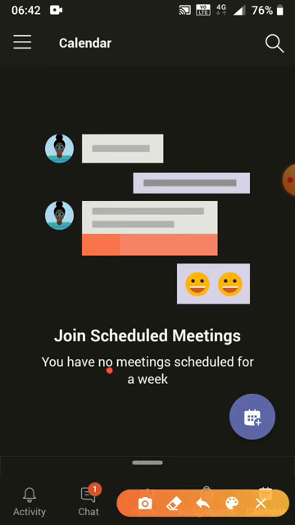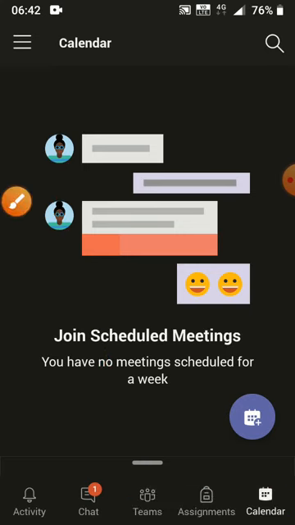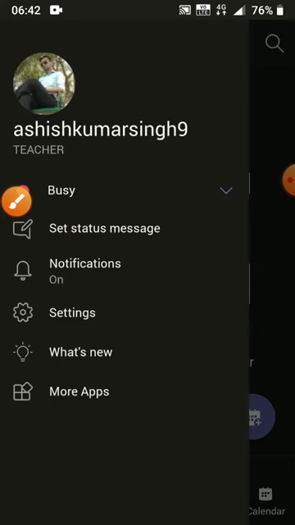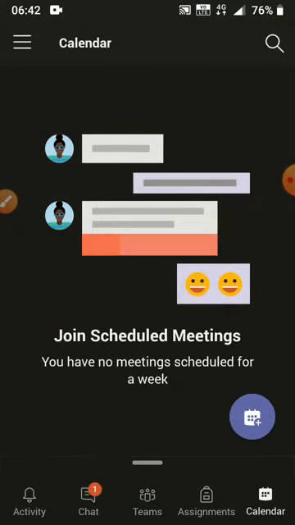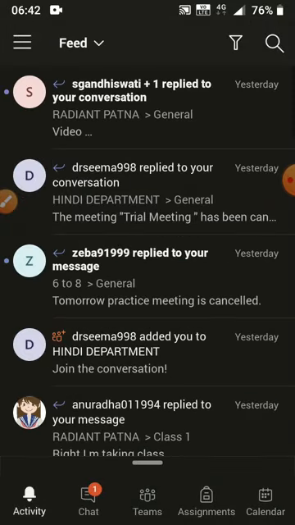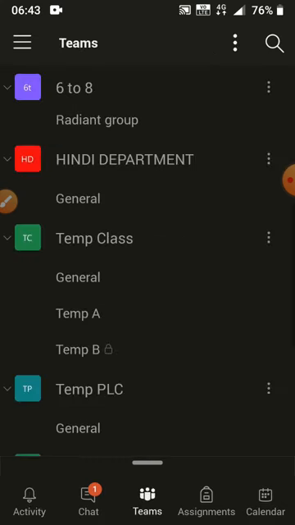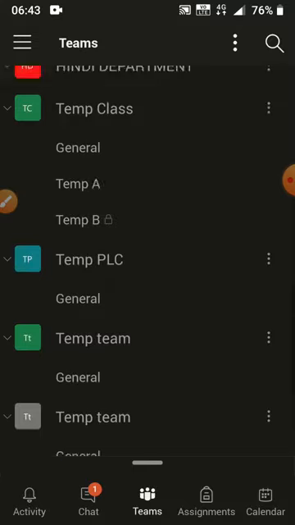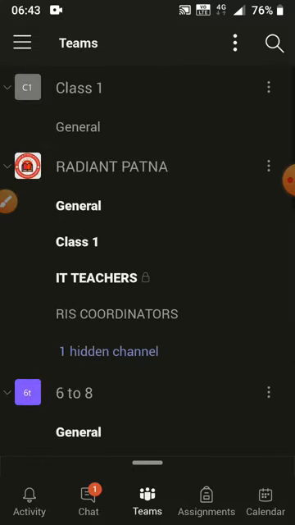If you look at this menu, you may get some settings, notifications, status message, etc. Our main concern and purpose here is just how to organize a class or a call, or how to move ahead with the basic work needed with the Teams app on mobile. The rest of the settings you can explore later, and just believe nothing is going to happen. Mostly, at worst you may need to reinstall the app or reset the settings.